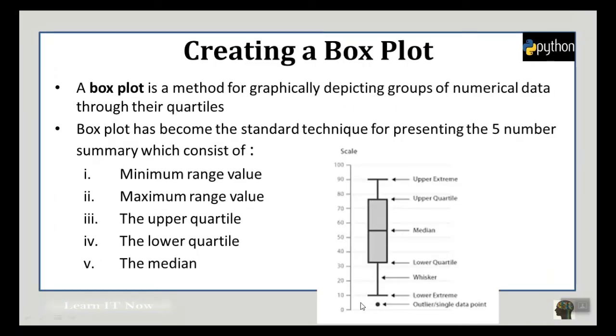Box plot is a method for graphically depicting a group of numerical data through their quartiles. It has become the standard technique for presenting the 5-number summary, which consists of the minimum range value, the maximum range value, the upper quartile, the lower quartile, and the median. So let's see how it works.